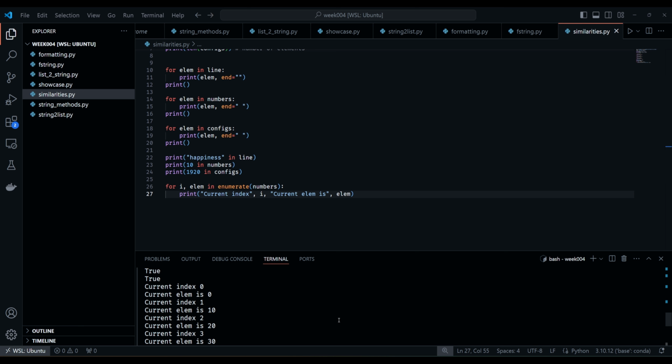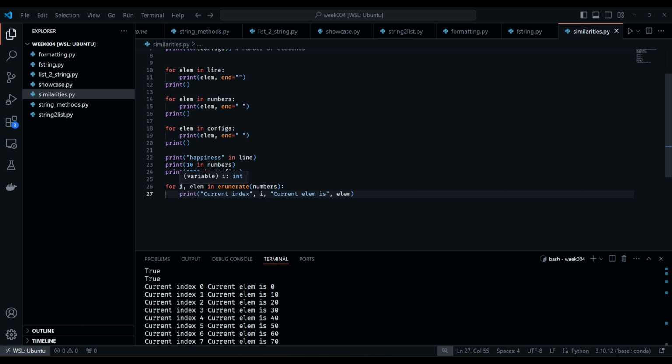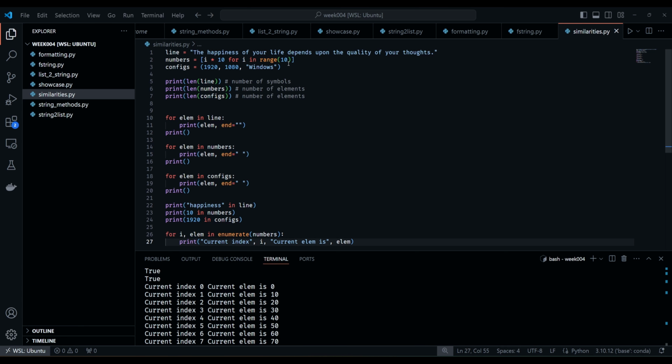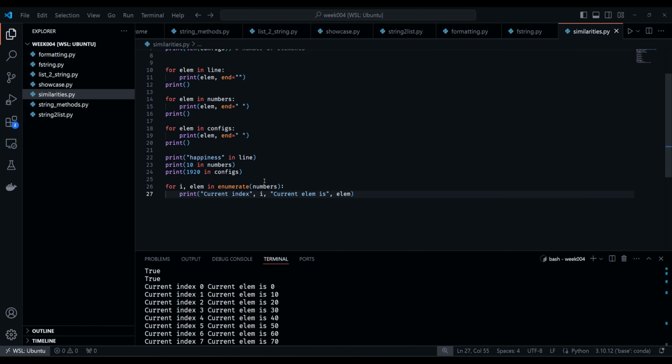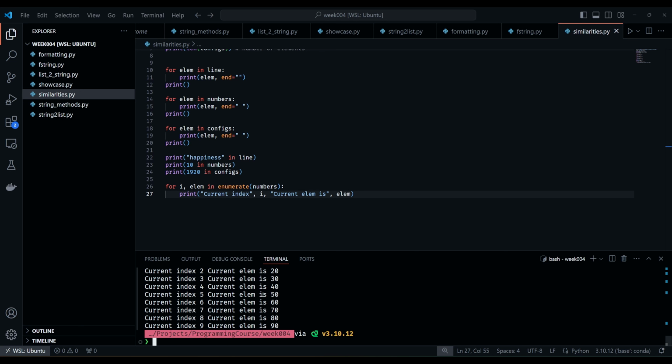To have just one line for each iteration. You can see that we have the index, which corresponds to i, and in the beginning it's 0, and the element is 0 because we used the list comprehension in this way. So we filled numbers with 0, 10, 20, up to 90. Then we have the next index, which is 1, and the value is 10, and up to index 9 and the value is 90. So it's a way to iterate through indexes and at the same time to have a value